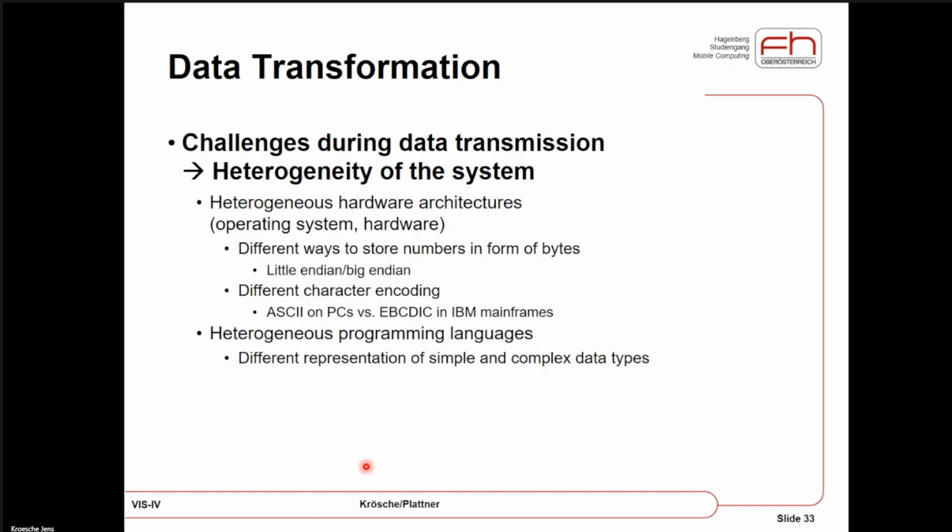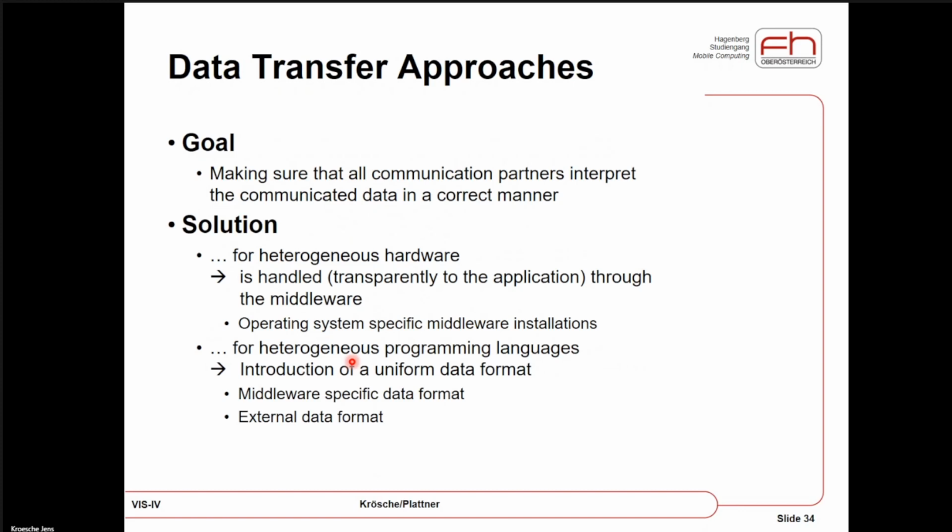So what if an integer has 2 bytes here and 4 bytes there? How do I solve this problem? So the data has to be transformed in some way. And of course, we have different programming languages: Swift on one side, and C++ on the other side. They also have different representation forms for different data types and how to state something. At this point in your development, you should know that if you're using different systems, they typically do things in different ways.